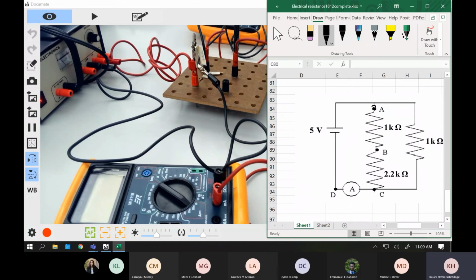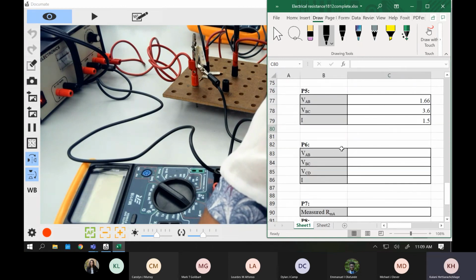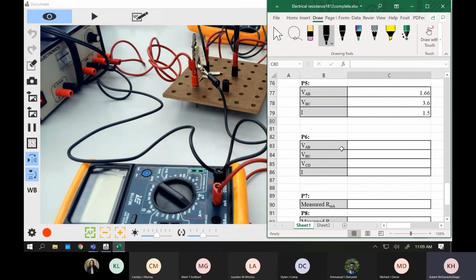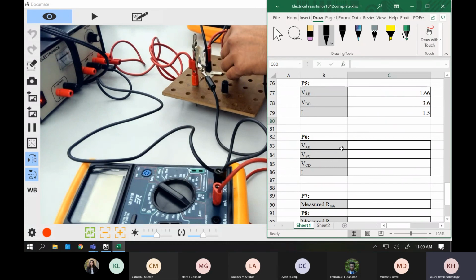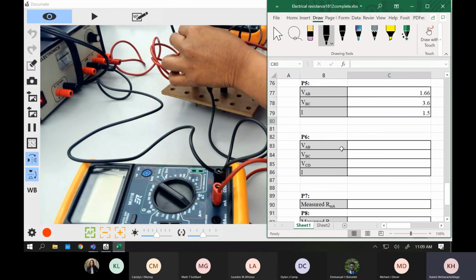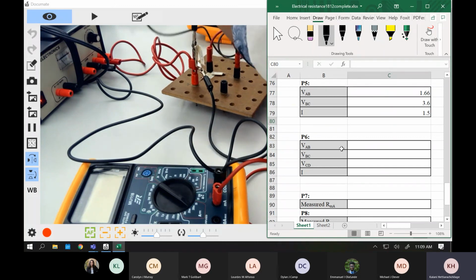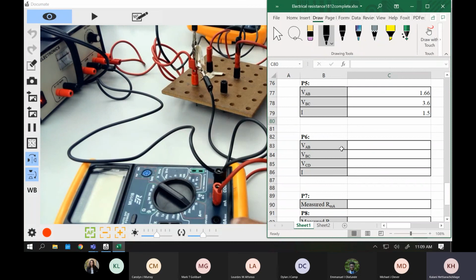Okay, so now let's measure voltage as mentioned. On your table, we need to measure the AB voltage. Now you know where AB is, right? So you can have the voltmeter and measure the AB. Make sure that if you connect the voltmeter on the bottom, you need to take that outside first. Then take the voltmeter plus sign and connect it to the A, and the COM black wire to B. So basically your voltmeter should be in between A and B. Then you will see the voltage and then you will see the current.